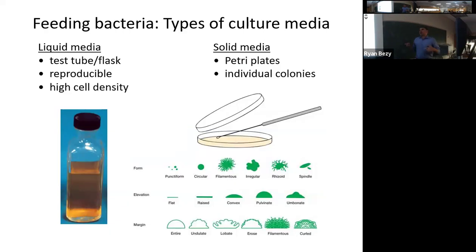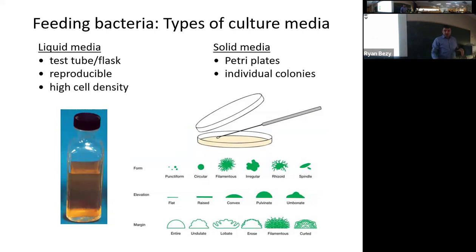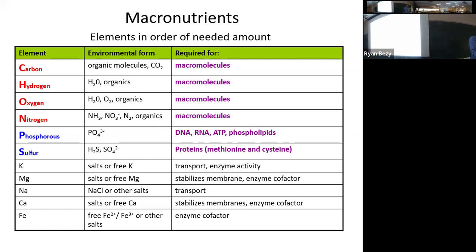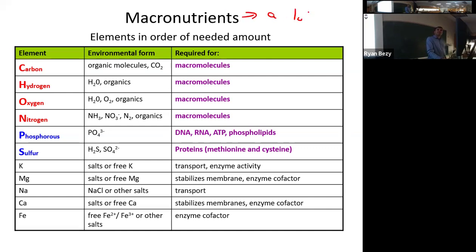Now, I'm dancing around the issue of what nutrients bacteria need a little bit, if you guys haven't noticed. It's because different species need different nutrients. But in general, there are certain types of chemical elements that they need. Some chemical elements are known as macronutrients. What does macro mean? Big. Macronutrients are different types of chemical nutrients that cells need a lot of.